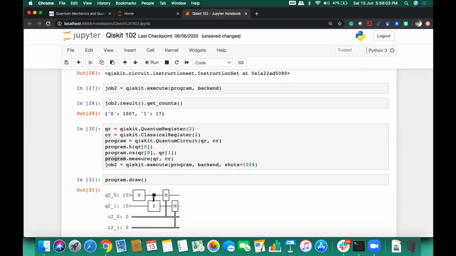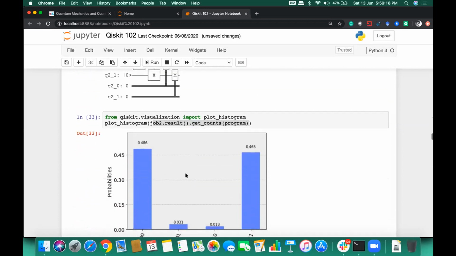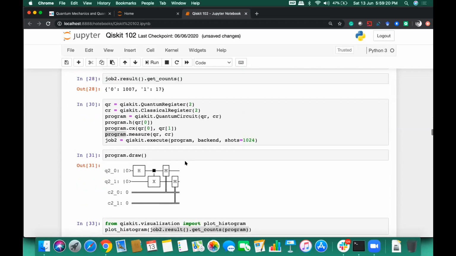This was the circuit for that. On qubit 0, we are applying Hadamard gate, and then we are applying CX gate here and measuring the values of both the qubits. This is basically used for creating the entanglement, and this was the result out of it. This is how you can perform multi-qubit operations, and here CX is the multi-qubit gate.